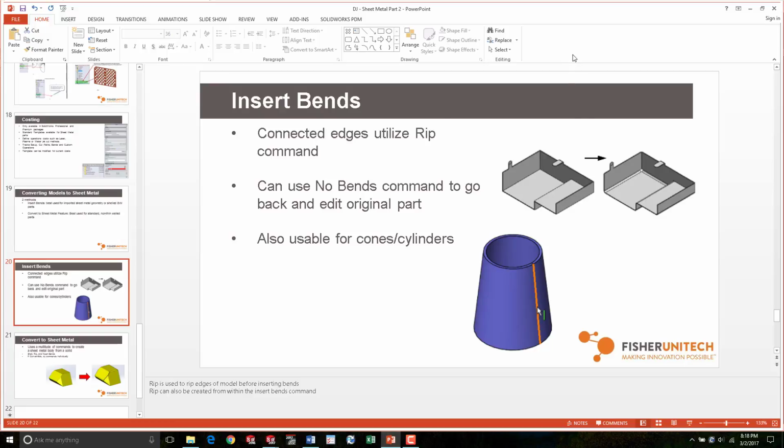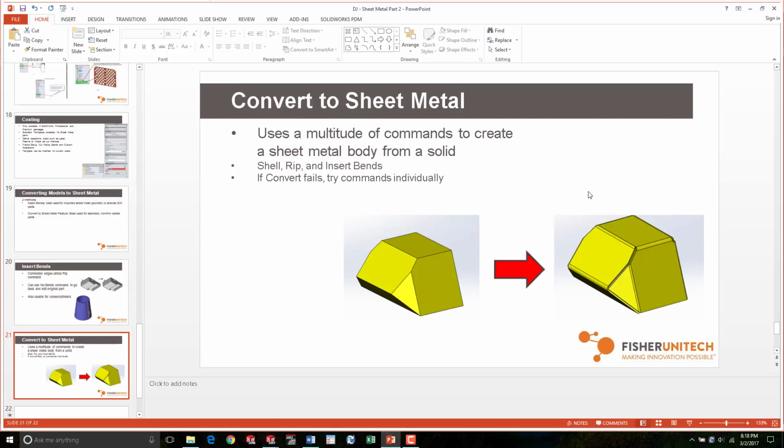The way this thing is working is you're basically taking this shelled part or this imported part and you're ripping those edges open, and then you're going in and adding bends individually to the places that you want them to be. Cool thing about this is you can also use it for these conical parts. So if this thing comes in and it's just a piece that can't really be unfolded, you can go ahead and do that. Likewise with this convert to sheet metal,